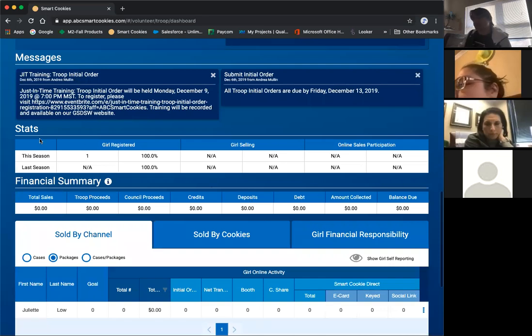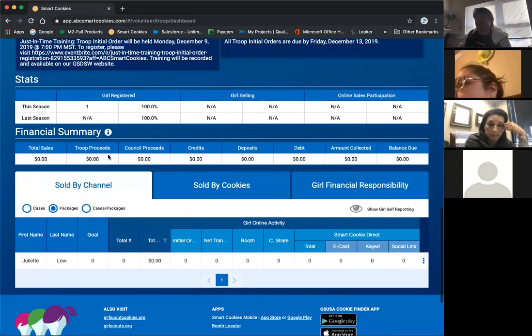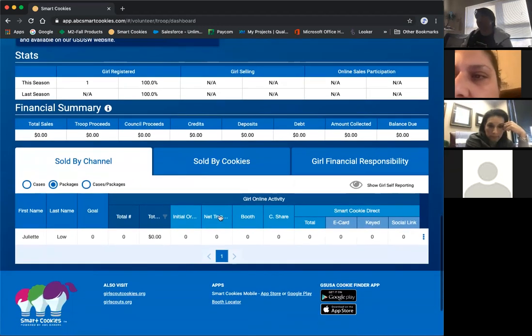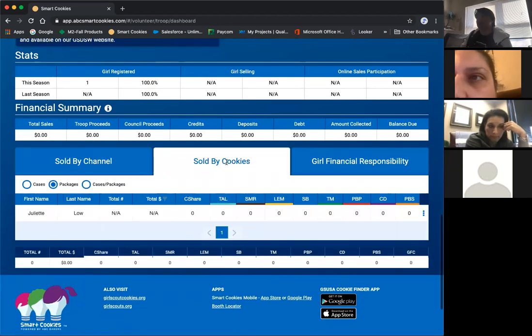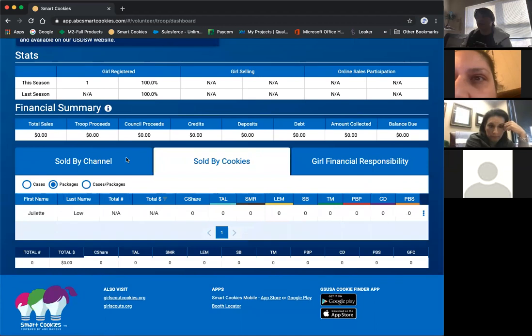Your stats for your troop, your girl participation, and then your financial summary. This gives you a nice, real quick view of everything that you guys have sold, collected, what's been paid to council by ACH, and what is still due to council. And then finally, your different tabs down here will give you your breakdown of your girl responsibility, your cookies sold,